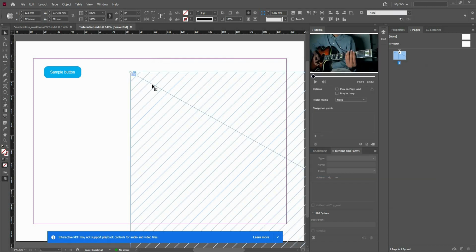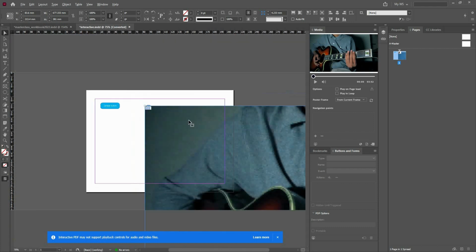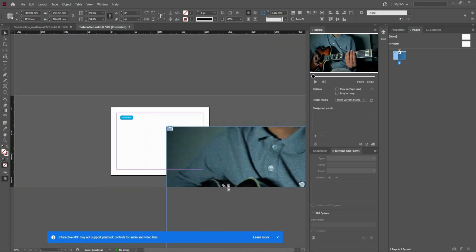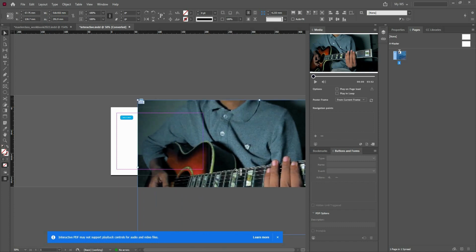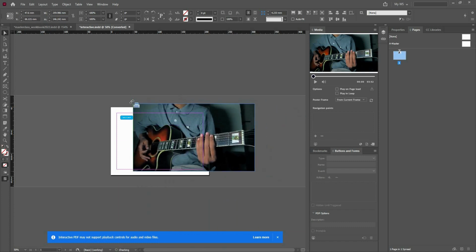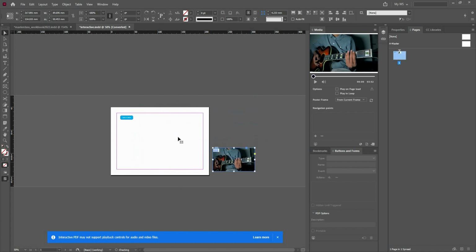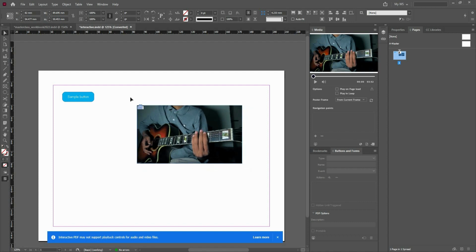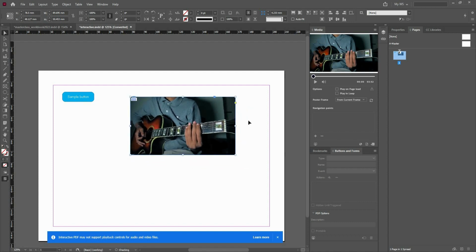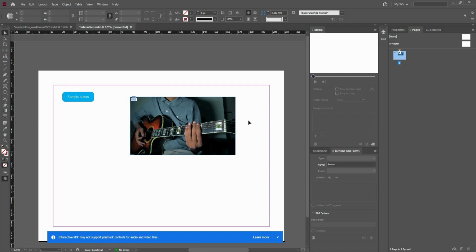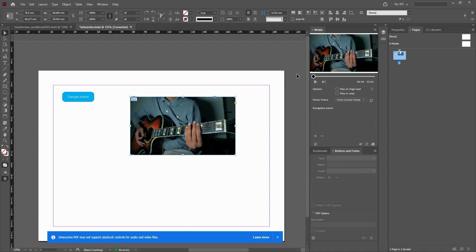Click here. And maybe I want to scale this up. It's too big. Control Shift, scale this down. Right, like so. Now it will take a little bit of time to render the image here. Now if I bring this up, it can show what is happening in the video, and I can place the